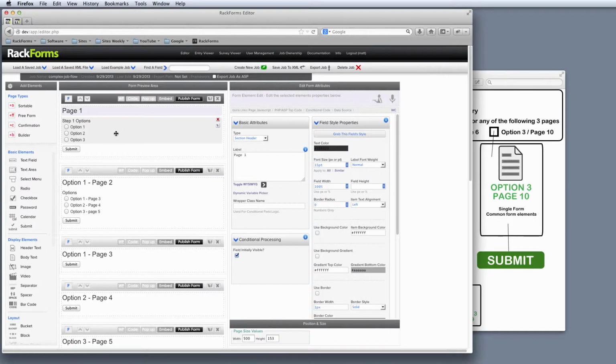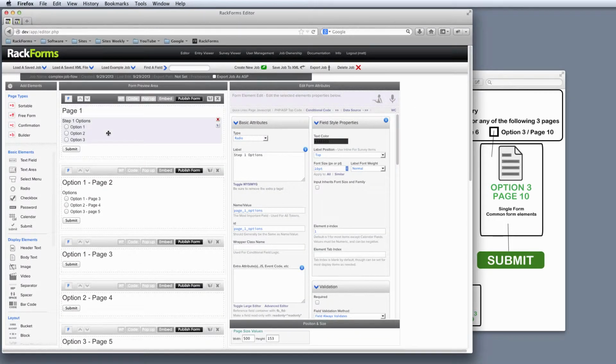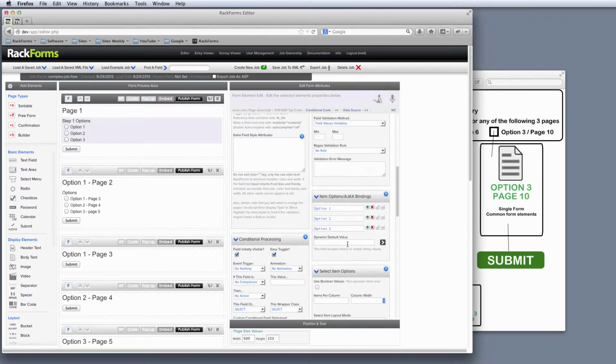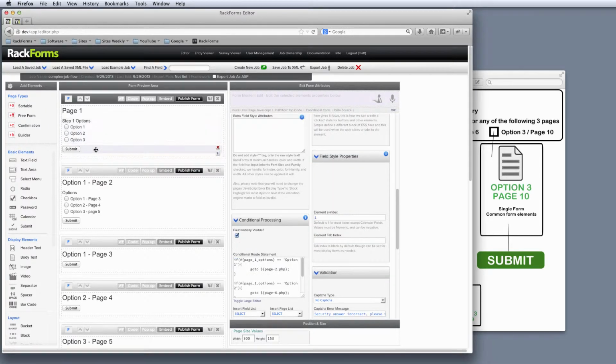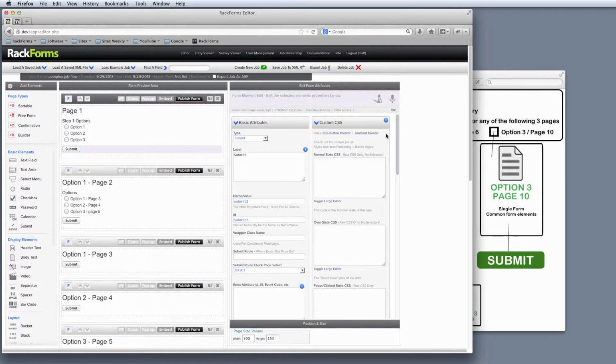So step 1 is I create my radio item, as I've done right here, and under its item options here, I simply added option 1, 2, and 3. The magic, that is the way that the routing happens, actually comes from the submit button. So standard radio item here, 3 options. Here's where the magic happens. If I select the submit option here, or select the submit item, and if I scroll down in its properties